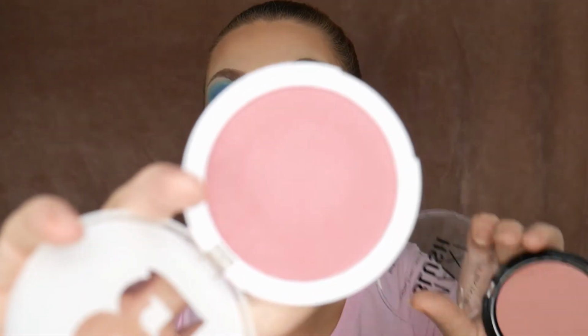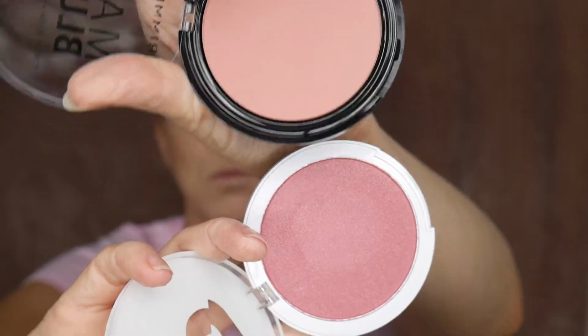And these Beauty Bay ones are really affordable, and I got this in a sale as well. This one's in Bloom and that one's really pink, so I'm going to go with this one, because I think with the eyes that I've got that might be a bit much, and because the foundation is slightly on the lighter side, that is going to just explode on my face, but it is gorgeous. I do think this is much more the colour for this look. So I'm going to take my Real Techniques Fluffy...